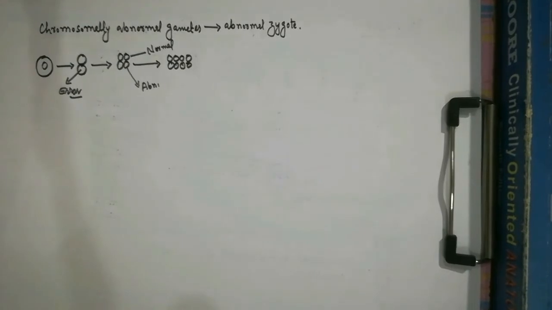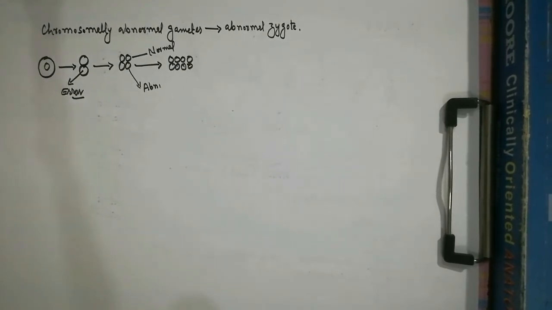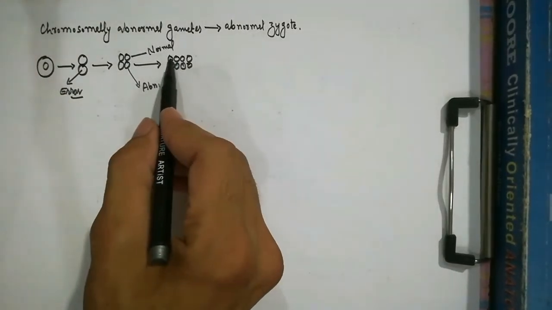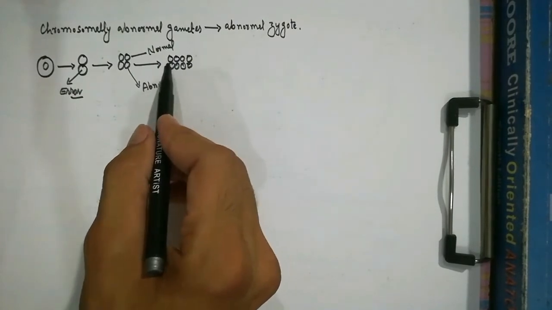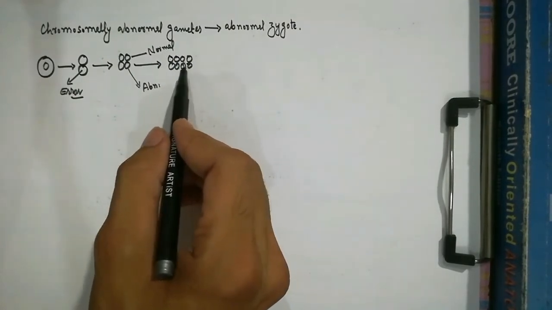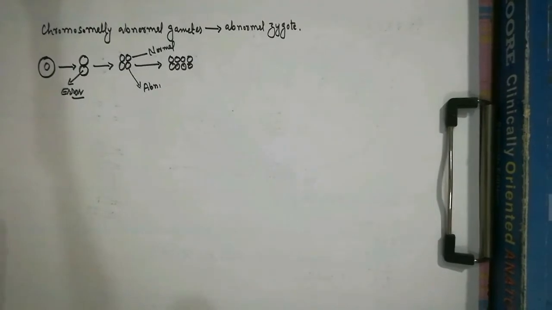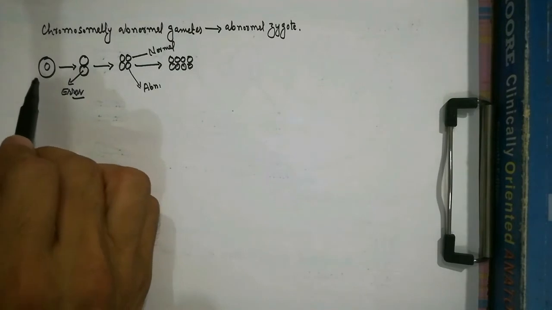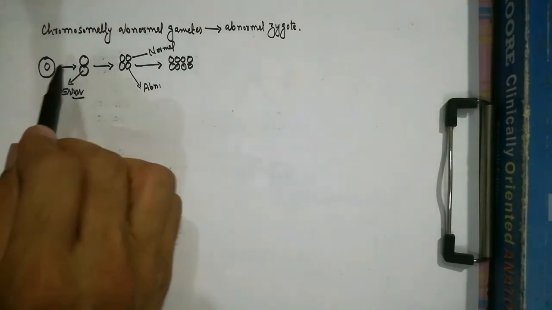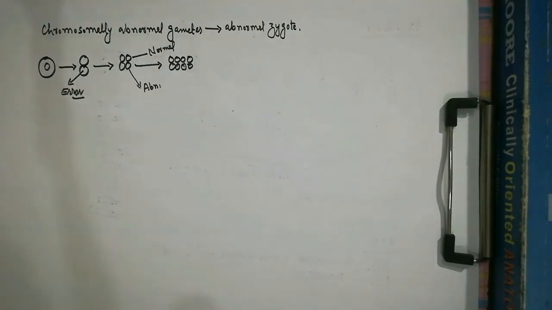So mosaicism is the condition in which some cells of the body are normal and some cells have chromosomal abnormalities. Means mosaicism results from an error, for example non-disjunction, which occurs during mitosis when the zygote is formed and development has started. In other words, mosaicism occurs due to mitotic non-disjunction.